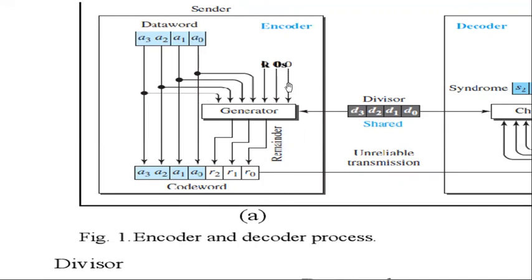Now this n bit result is fed into the generator, and the generator uses a predefined n minus k plus 1 bit divisor. So we have to use n minus k plus 1. Let's just summarize this. The generator divides this entire augmented data word. Why am I saying augmented? Because we are adding 3 zeros, and these 3 zeros are being added and given to the generator. Now we perform modulo 2 division, that is, we are using the exclusive OR concept. I'll show it to you once. The quotient is discarded, and we are using the remainder.